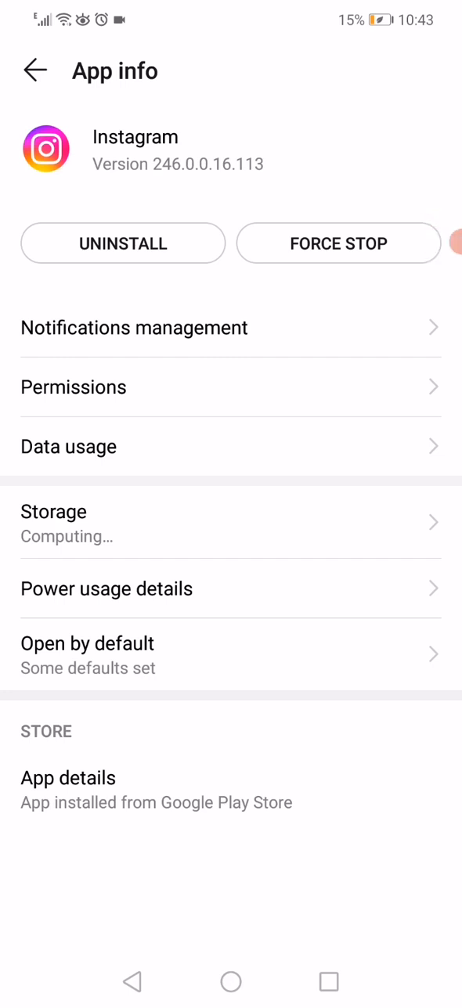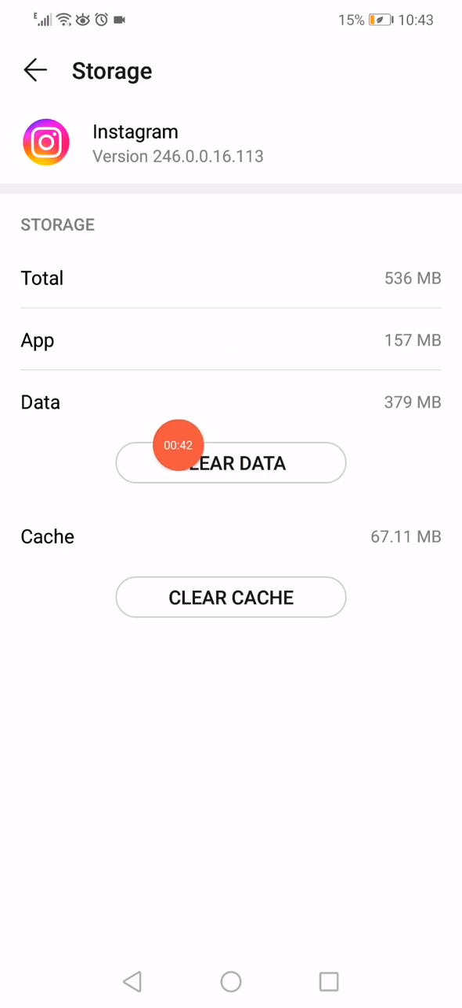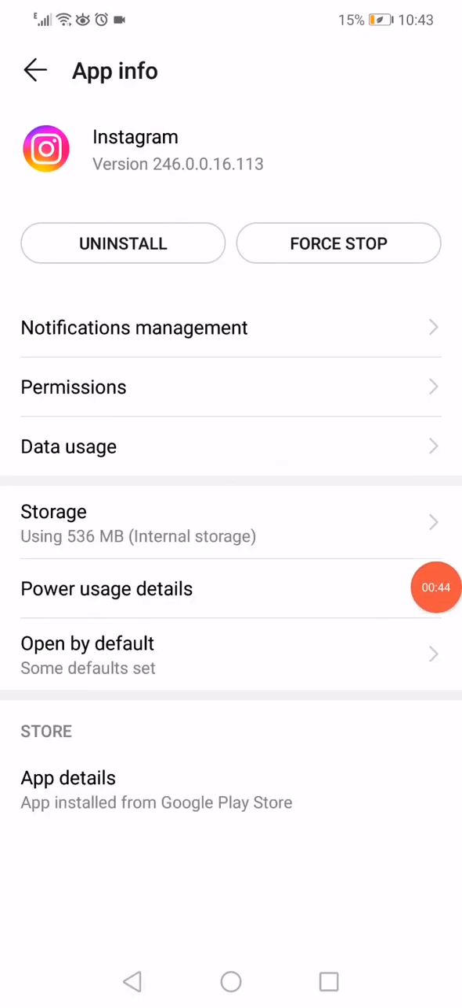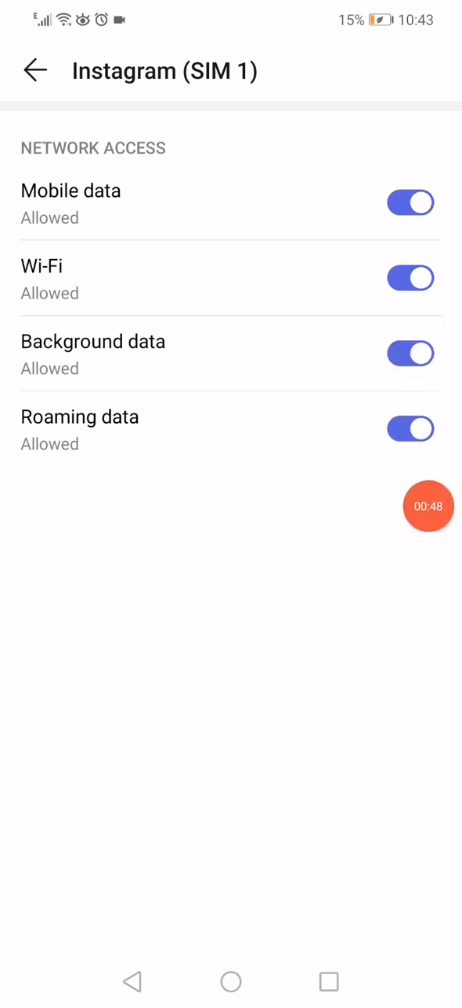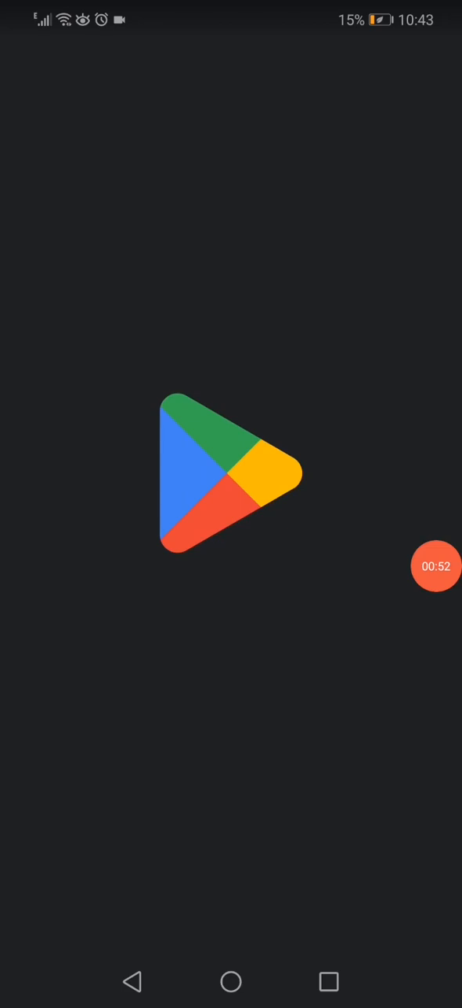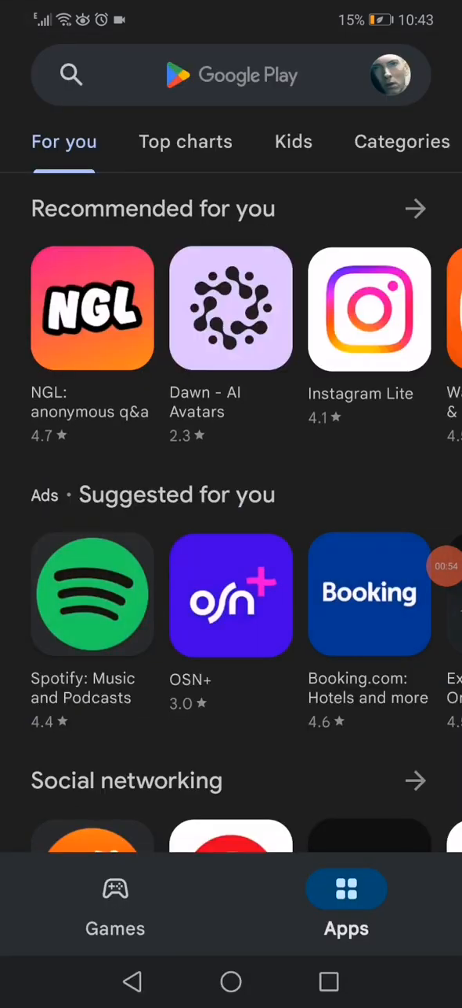After you click on it, all you want to do is very simple. Just click on Storage right here, click on Clear data, clear cache, go back, click on Data usage, and disable the background data and the roaming data. Now you have to go to the Play Store, or the App Store if you have an iPhone, search for